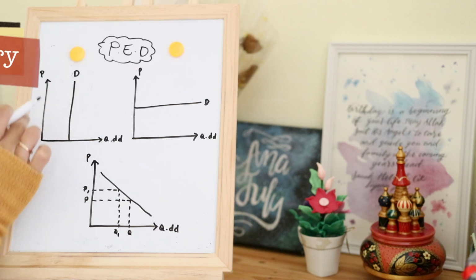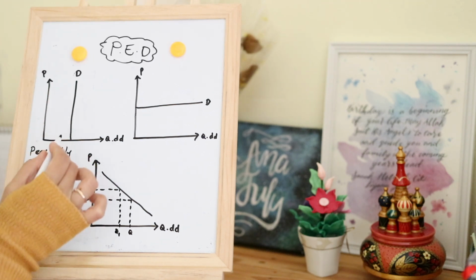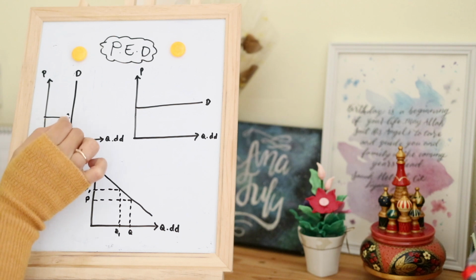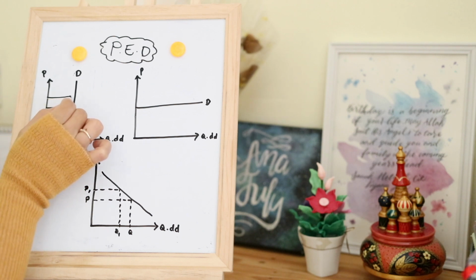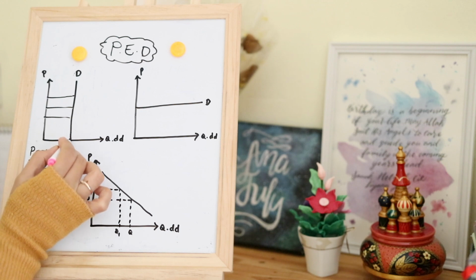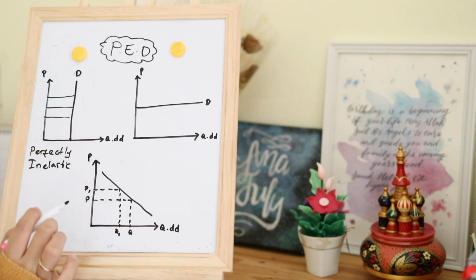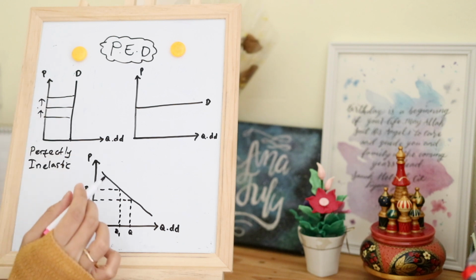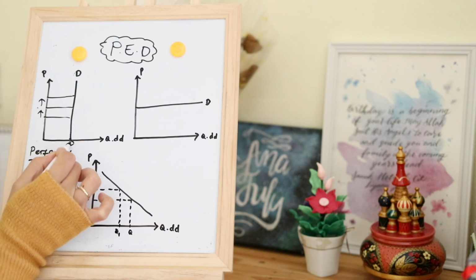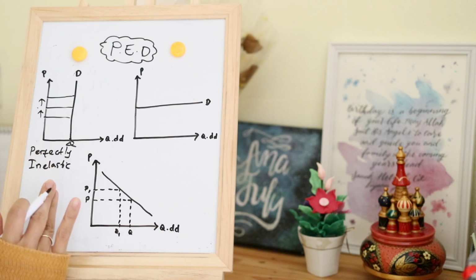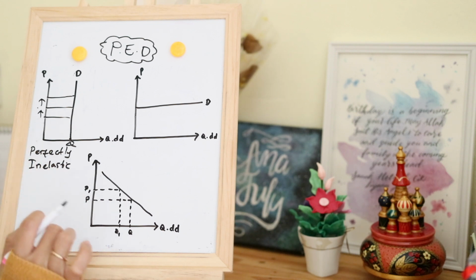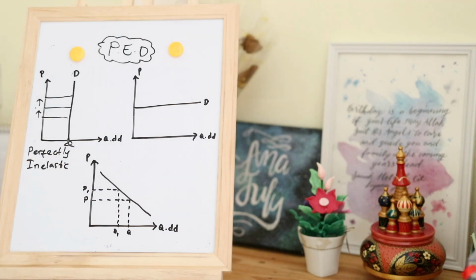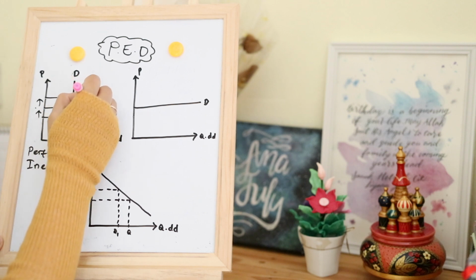Let's take a look at this one first, where changes in prices will lead to no change in quantity demanded. An increase in price from P1 to P2 brings no change in quantity demanded. This is what we call a perfectly inelastic demand curve. There's no change in quantity demanded, given that the PED for this one is